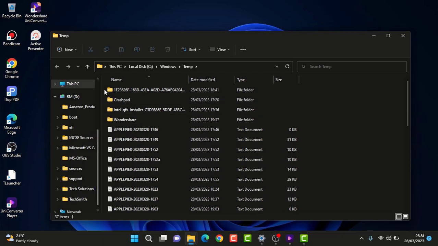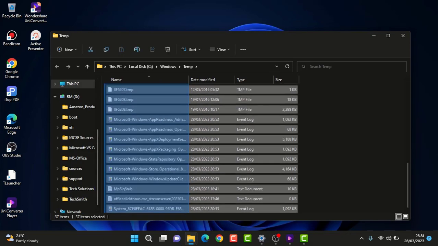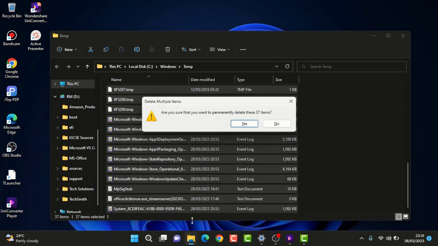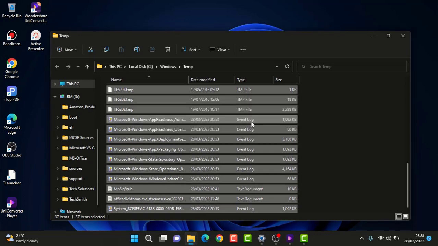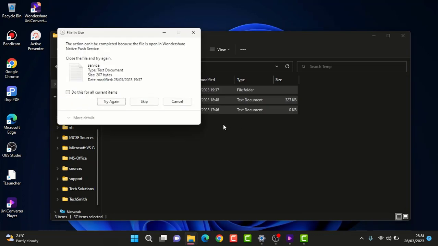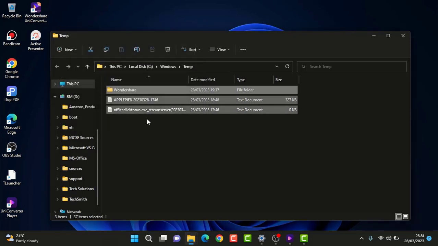So select all of it, shift delete, which will lead us to permanently delete these items. Click on yes. If there are any items that you can't delete, then click on skip. Okay,